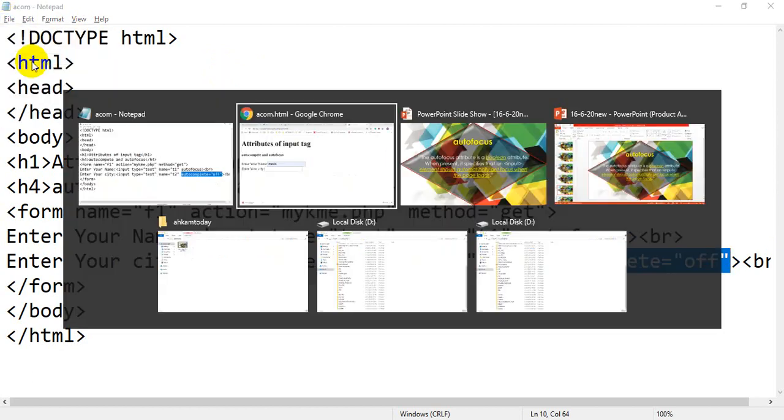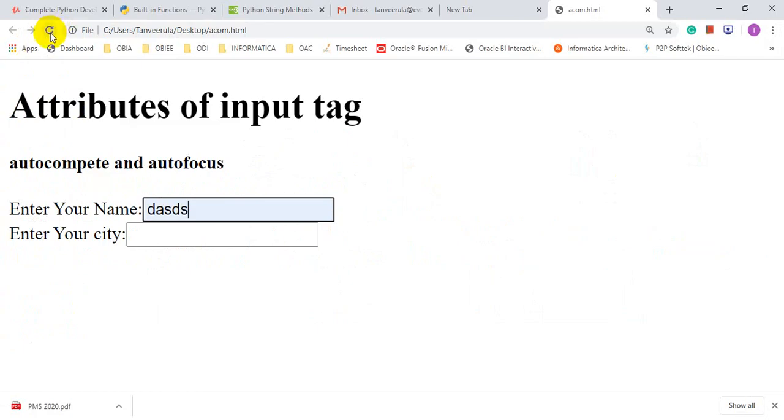Now see the output. Flip back to your browser. Okay, I have refreshed the page. You are getting focus because I have used autofocus.